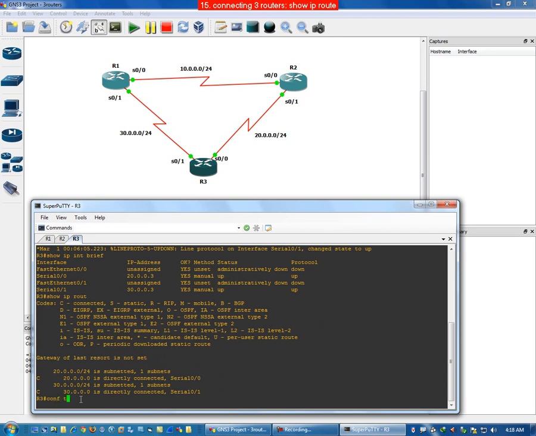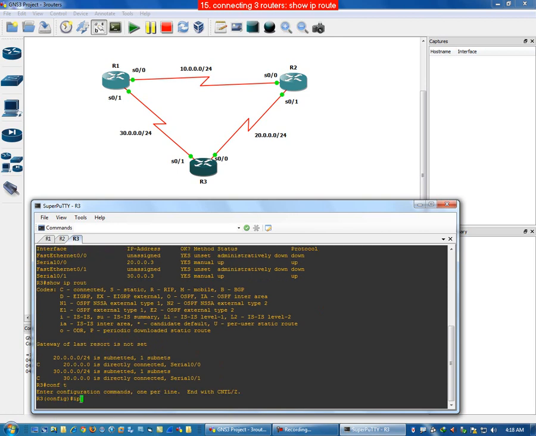So I'll go to config mode, IP route for 10.0.0.0, subnet mask 255.255.255.0, and the IP address of the next hop can be either using S0/1 of R1 or R2. Let me use S0/1 of R1, whose IP address will be 30.0.0.1,